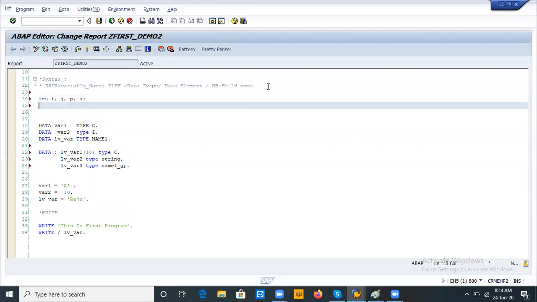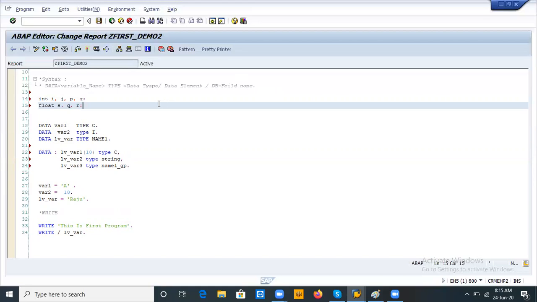And again, if you want to create float values, you declare like this, right? Float s comma q comma r comma, like this we will generate, right?